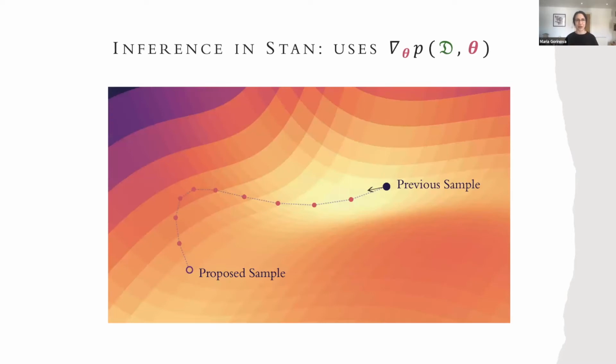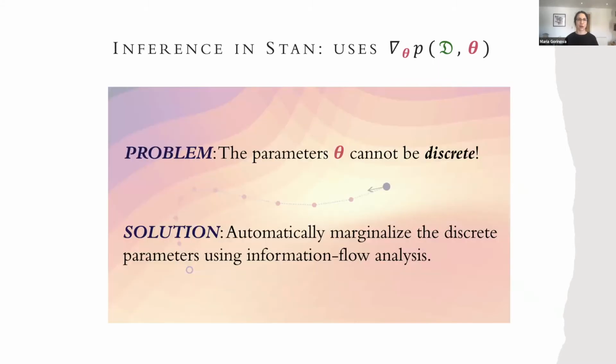But basically, it starts from the following question. Inference in STAN uses the gradient, because inference in STAN is usually done with HMC, so it uses the gradient of a joint likelihood. However, because we need this gradient, we can't have discrete parameters, or at least we can't have them encoded explicitly in the language, because we can't differentiate with respect to discrete parameters. So this is one of the restrictions that STAN puts on its language in order to allow for efficient inference. We don't allow explicit discrete variables. However,